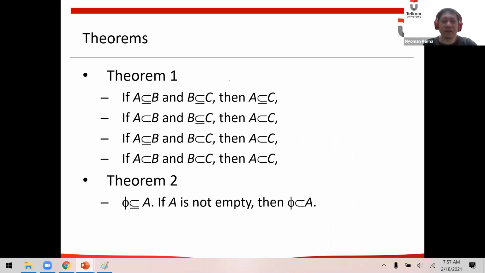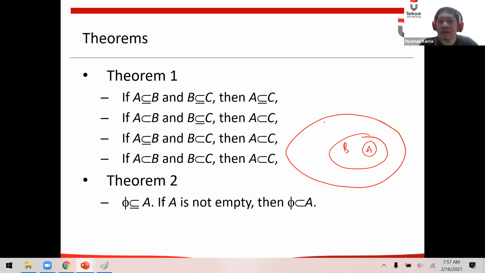This is the relationship between the subset and proper subset. Let's say, for example, the first one, if A is a subset of B and B is a subset of C, that means A is also a subset of C. That's the theorem. Okay. Now let's discuss theorem number 2.